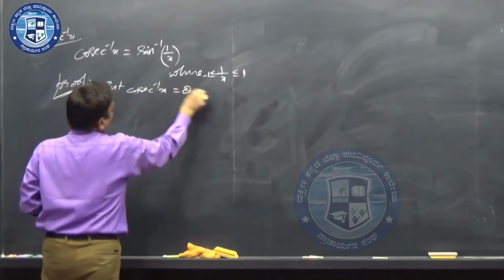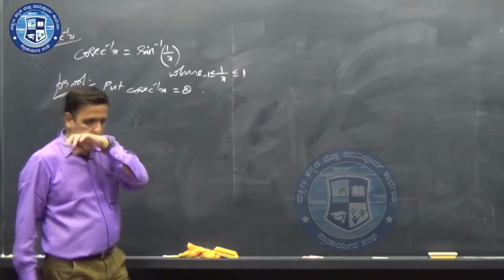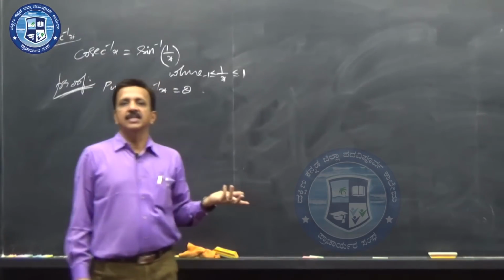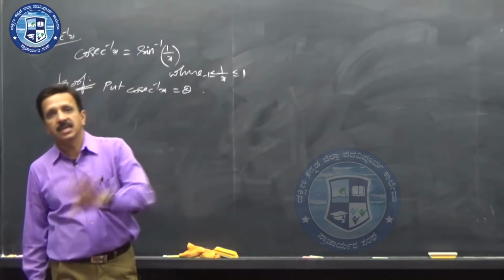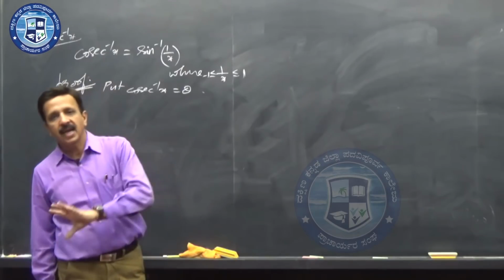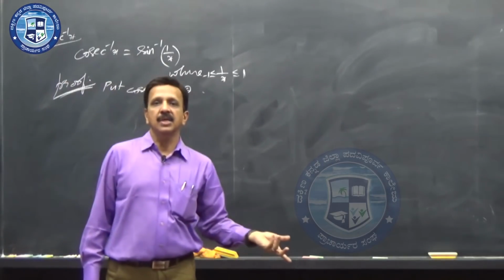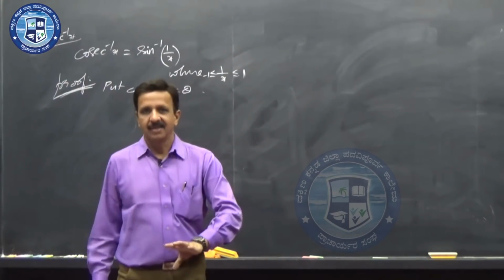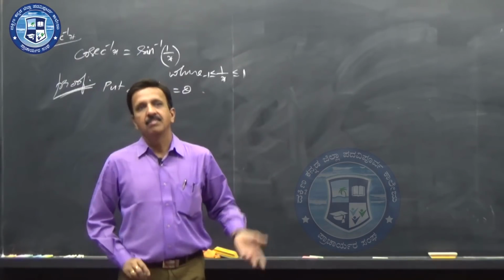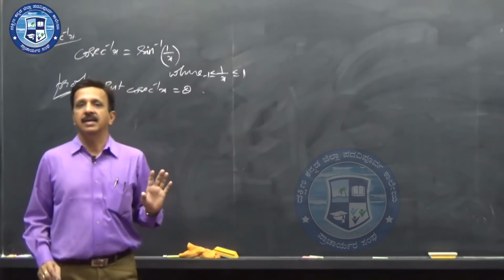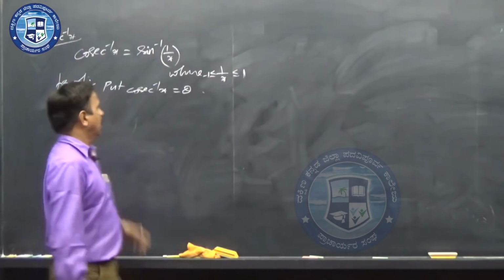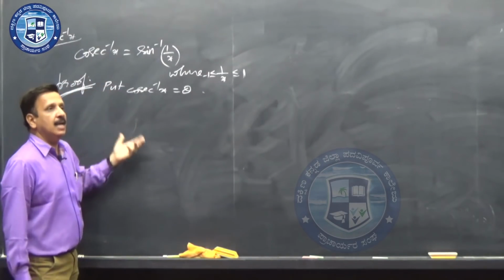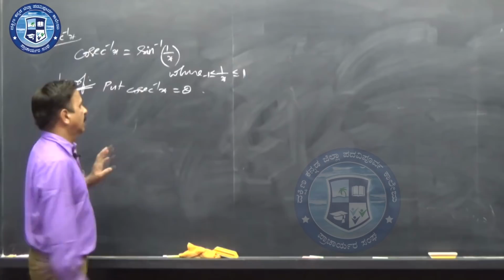You know that it's an angle, you take it as theta, because an inverse trigonometric function's answer is an angle. Sine inverse x, what is it? Angle. Cosec inverse x, what is that? Angle. Sachin Tendulkar, who is he? Cricketer. You may not know much about him, but immediately you can recall and say cricketer, like that. Similarly, cosec inverse x, what is it? Angle. Tan inverse x, angle. Cot inverse x, angle, like that.